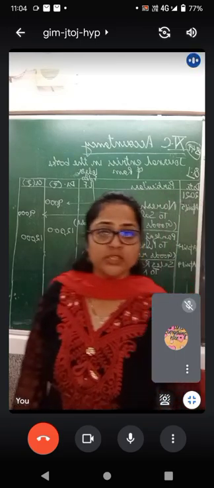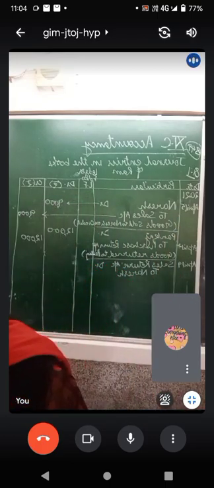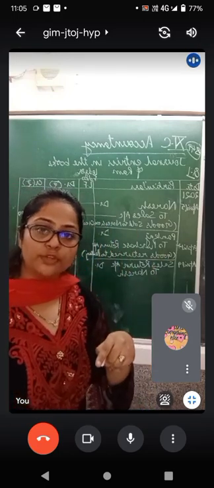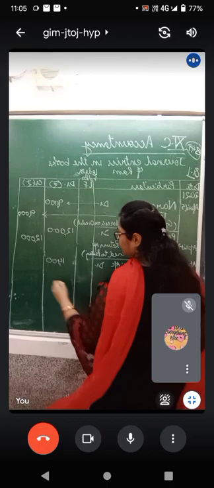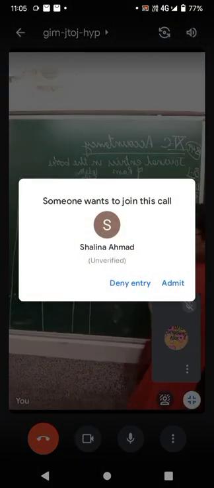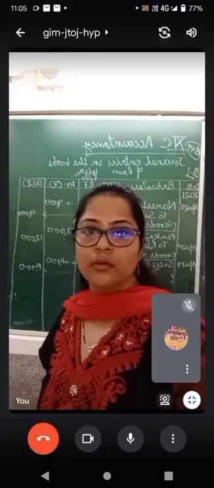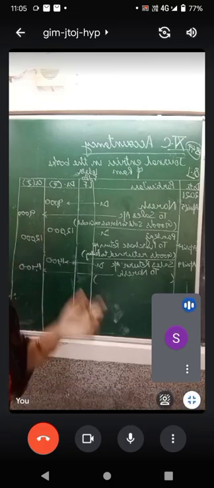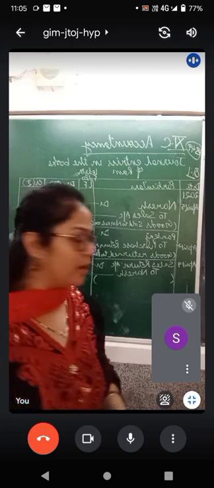What is the amount of goods which he is returning to us? The amount is 1400. 1400 rupees के goods. Out of 9,000 he is returning goods worth rupees 1400 back to us. So 1400 on the debit side and 1400 on the credit side. This is how this will be done. Who's going to tell me the narration? Come on. Goods returned by Naresh. Simple.